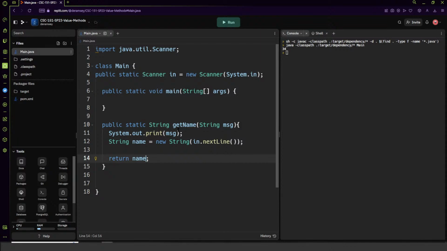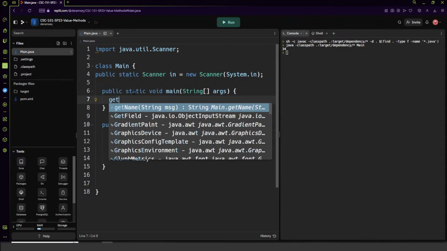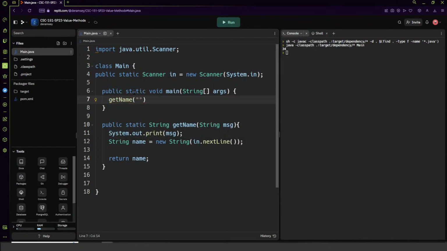So now if we wanted to echo this back out, note that this is a return statement and not a print statement. So if we just simply tried to call this method here in main, getName, "What is your name?" If we simply tried to call this, note no little red lines. It's going to ask me my name. I'm going to type it in here, but absolutely nothing's going to happen, right? It happened on the back end because it returned the value. The value has been returned and it's in memory. But we see nothing happened here because there was nothing to happen here, right? It's just a data value that's just kind of sitting out there,